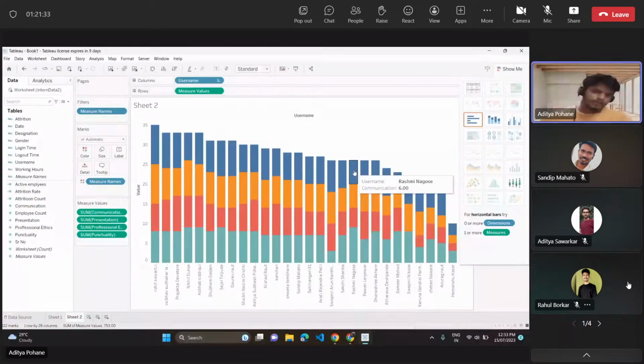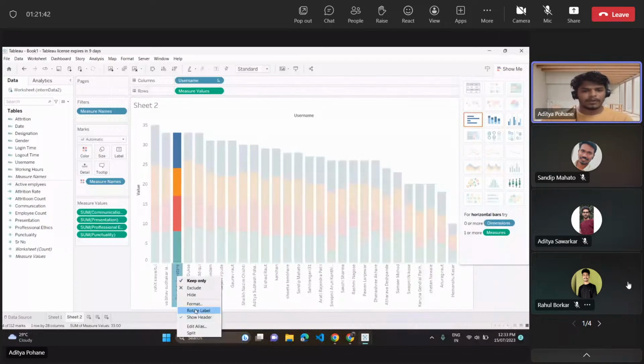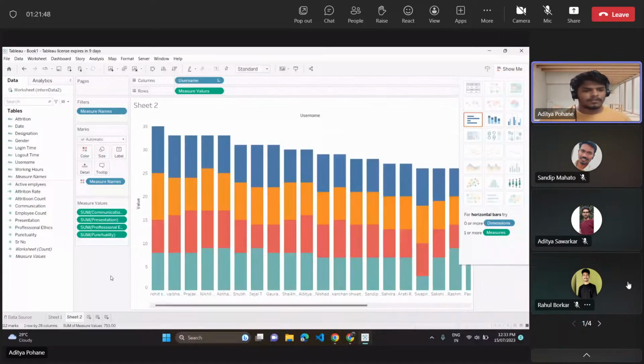this is in the vertical form. So I want this, like we can rotate it, hide it, or format it. So I want to rotate it, so I will just quickly rotate it. So I want this more